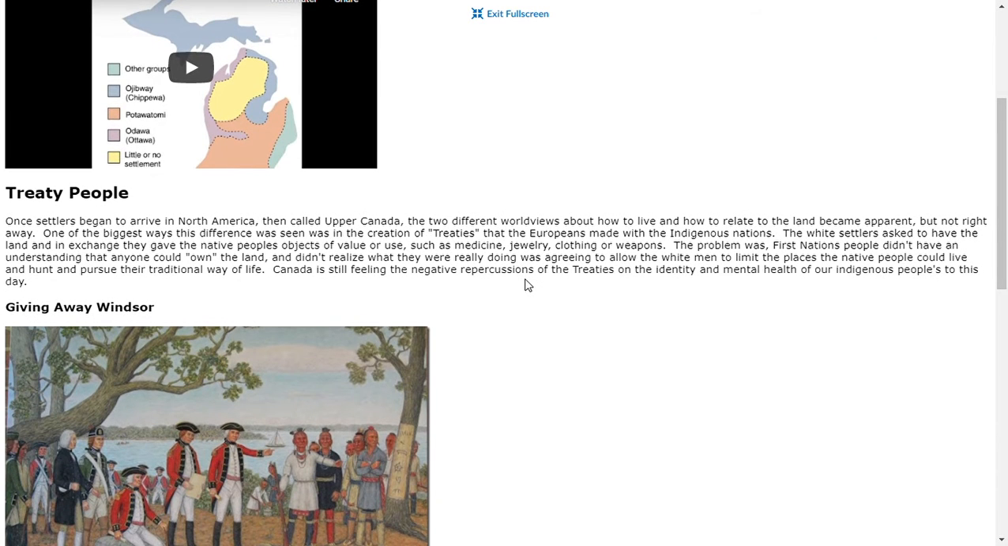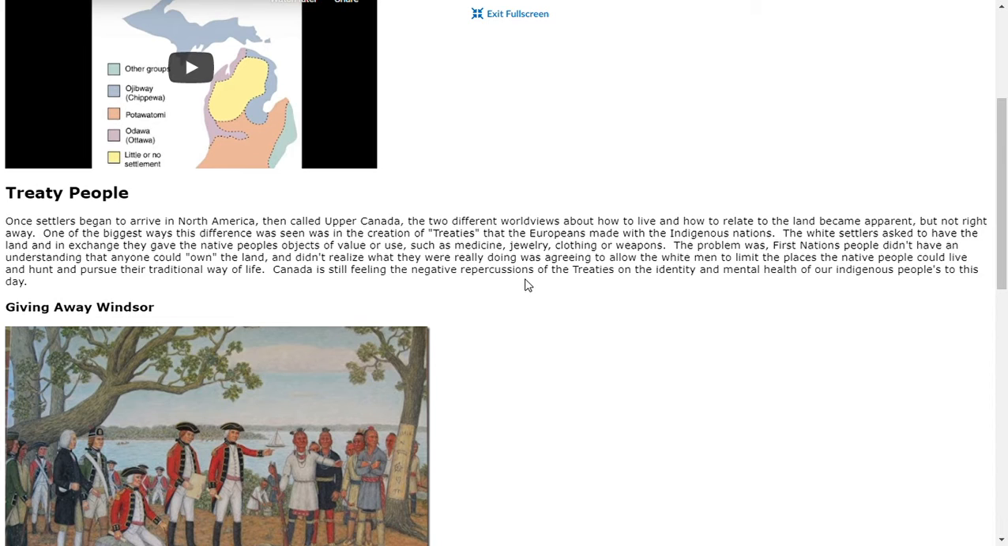Treaty people. Once settlers began to arrive in North America, then called Upper Canada, the two different worldviews about how to live and how to relate to the land became apparent, but not right away. One of the biggest ways this difference was seen was in the creation of treaties that the Europeans made with